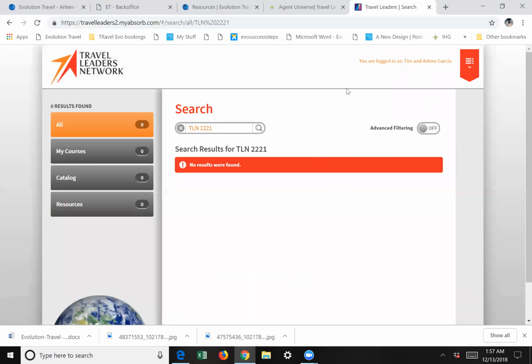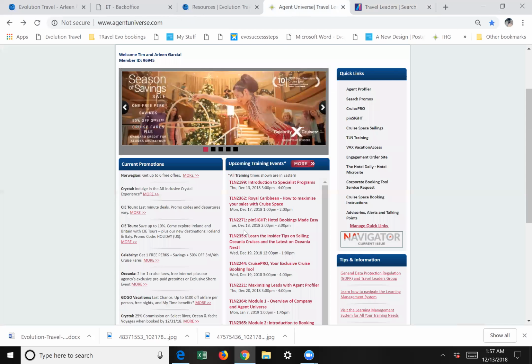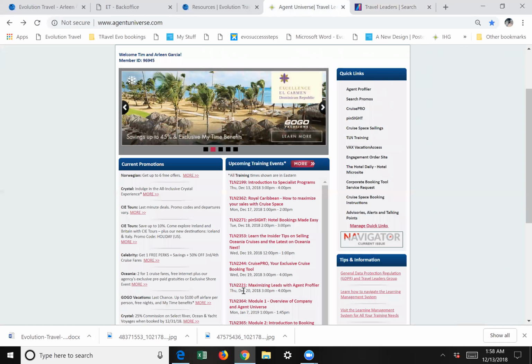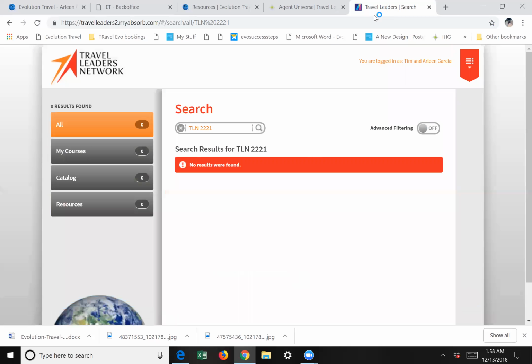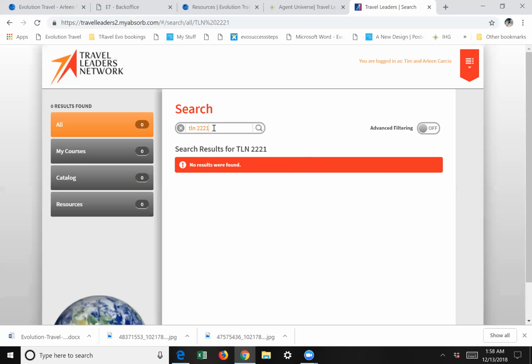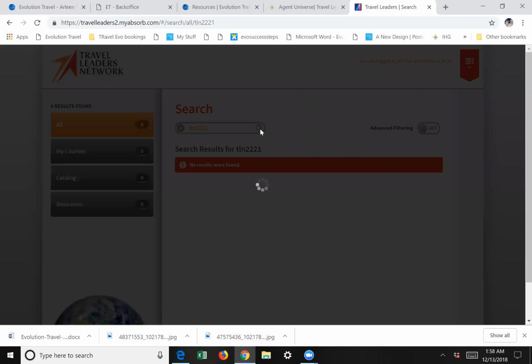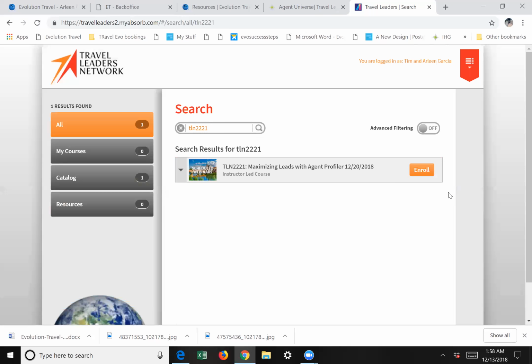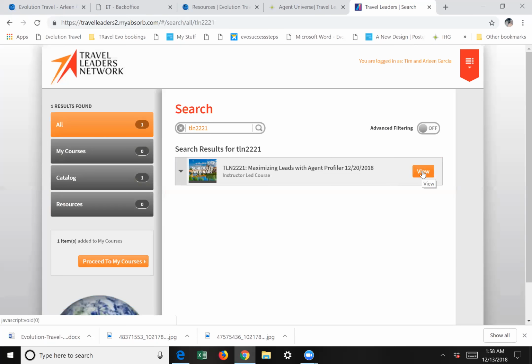Okay, so I got the wrong number, so I need to go back again and see what that number was. It is TLN 2221. Okay, so let's see if I don't put it in a capital. TLN 22, maybe I spaced, maybe I should have spaced. See it again. 2221. There we go. No spaces. Perfect. So now I'm going to enroll in the webinar,